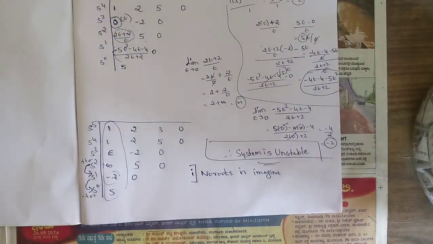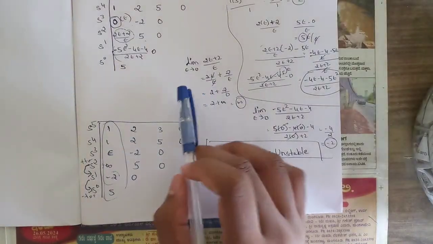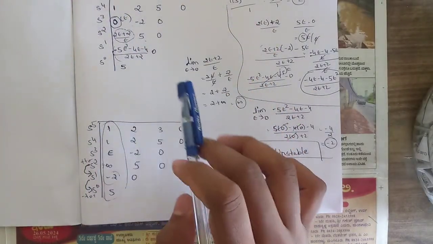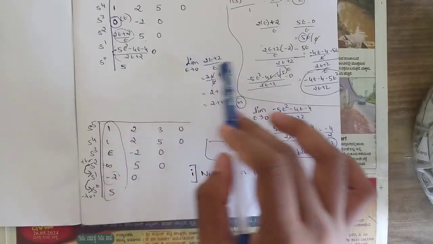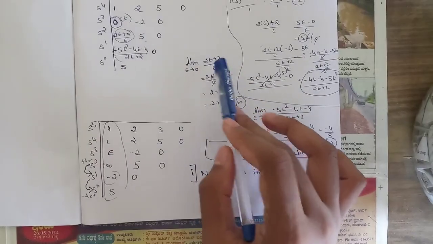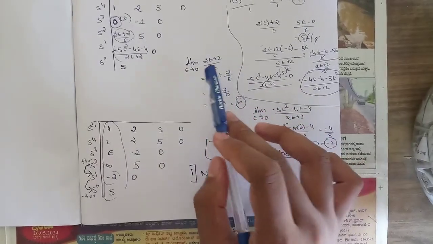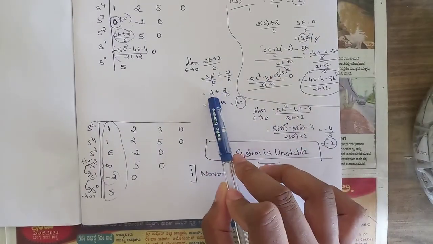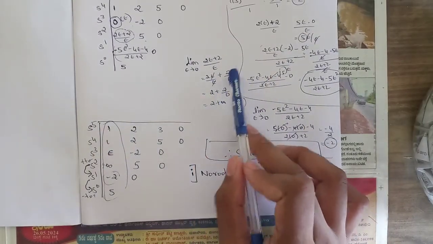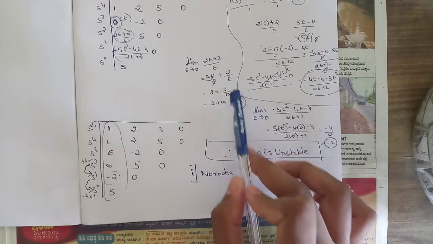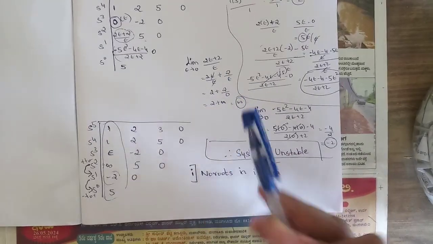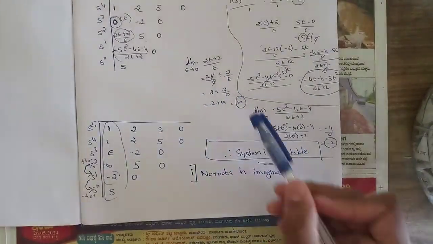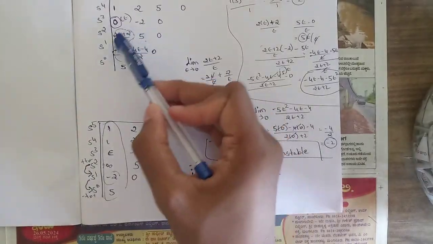So now I will again summarize what and all I have done. Okay, so here I have taken this term, so applying all the limits one by one, what we will be getting, split this 2 epsilon by epsilon plus 2 by epsilon, cancel epsilon, so you will be remaining only with 2, then apply the limits, that is epsilon tending to 0, so 2 by 0 is infinity, so 2 plus infinity, we know that infinity plus any number is infinity only, so here I have replaced this term by infinity,